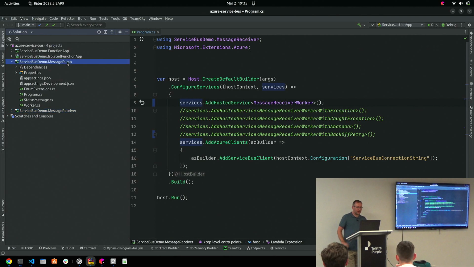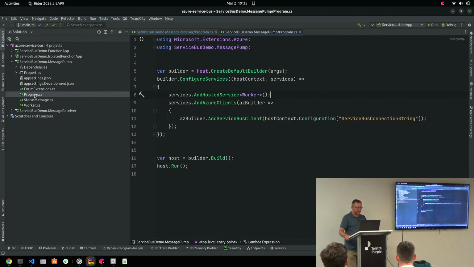All right, so I've started off, I've created this little CLI program, and I've called it Message Pump. Now, there's a new template, I don't know how new it is, but it's .NET New Worker. And that's quite a nice one, because it sets up some stuff for you, something to make a kind of background worker process. I didn't need to put the send in a worker process, but definitely the receive. Let's do it all in worker processes. So when you do a .NET worker process, you get this little bit of boilerplate set up for you, and it says your standard configure services and your program.cs, and you get this services to add hosted service worker, and